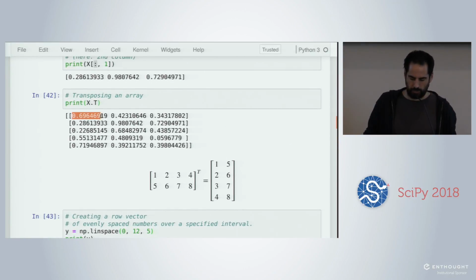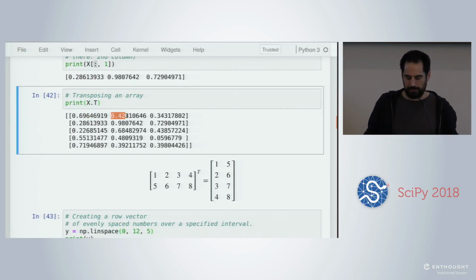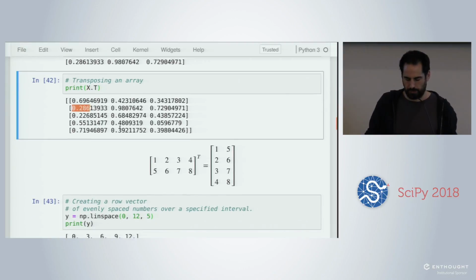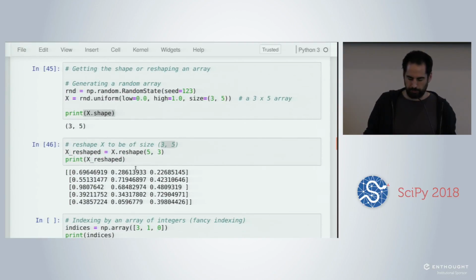All right. So this is like Python list slicing, but the difference with Python lists is that we can have n dimensions, so we can take many slices on different axes. There is this notion also of transposing an array.